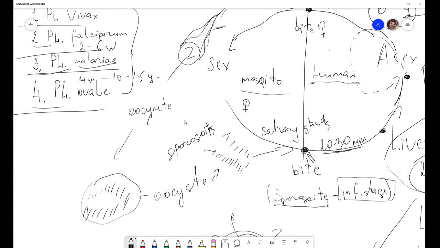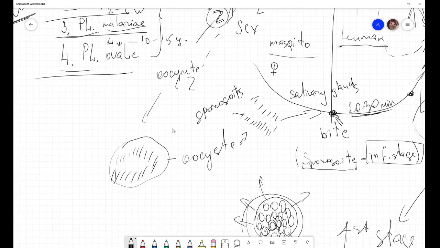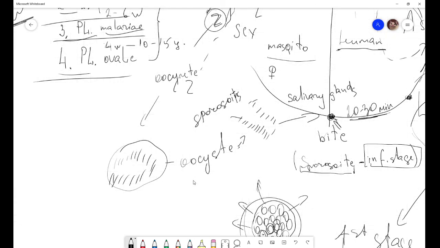It is a zygote. This is the zygote in the first stage. In the next stage we can see multiple divisions, forming a lot of new cells. The ookinete forms an oocyst, and inside the oocyst sporozoites are forming, and these sporozoites migrate from the oocyst